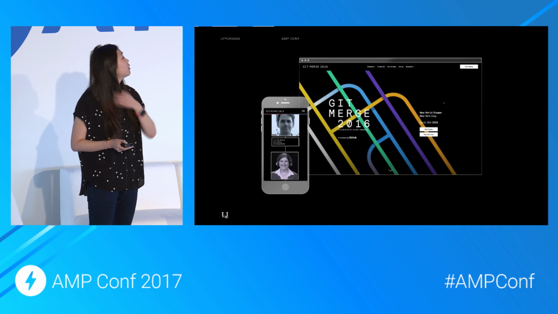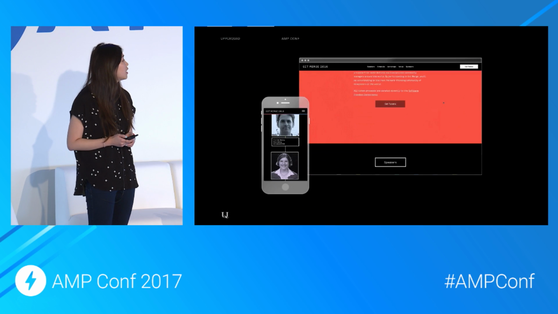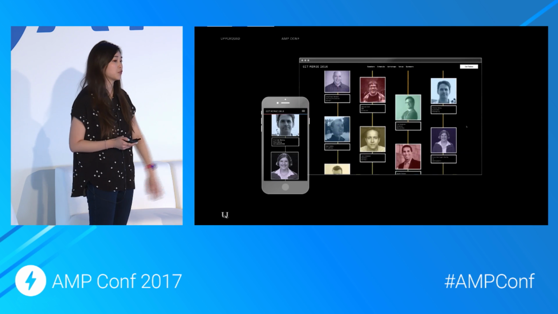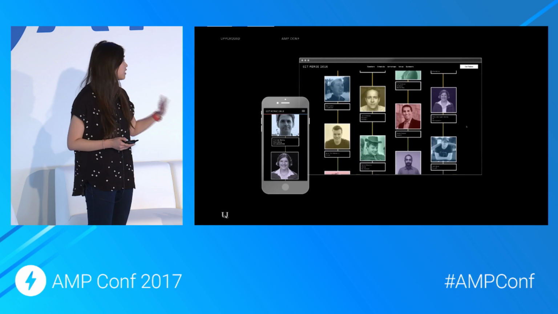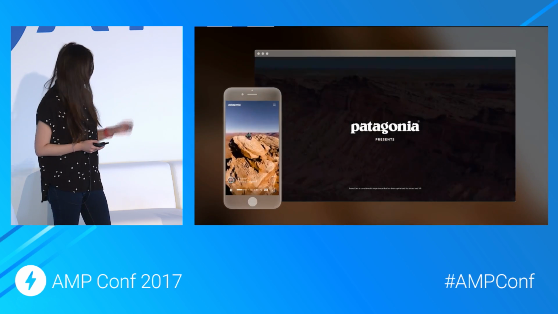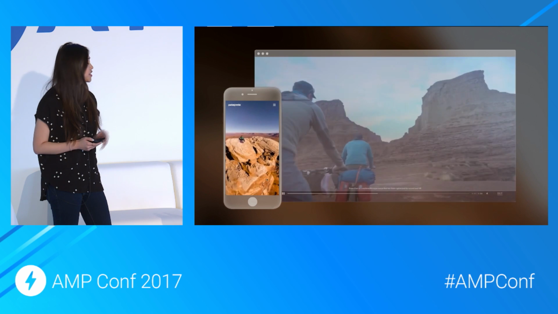This is a website we did for a Git conference, Git Merge. And you can see there are these line animations and stuff as you scroll down the page to guide you throughout the page. This is a super fresh, hot off the presses release that we released yesterday.